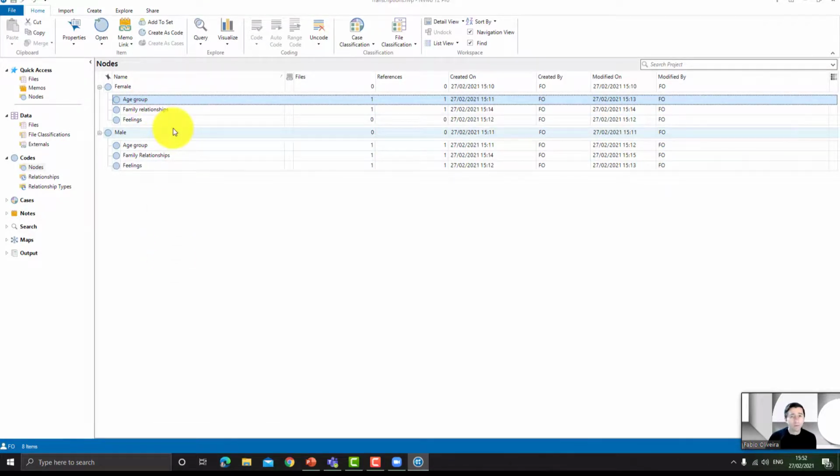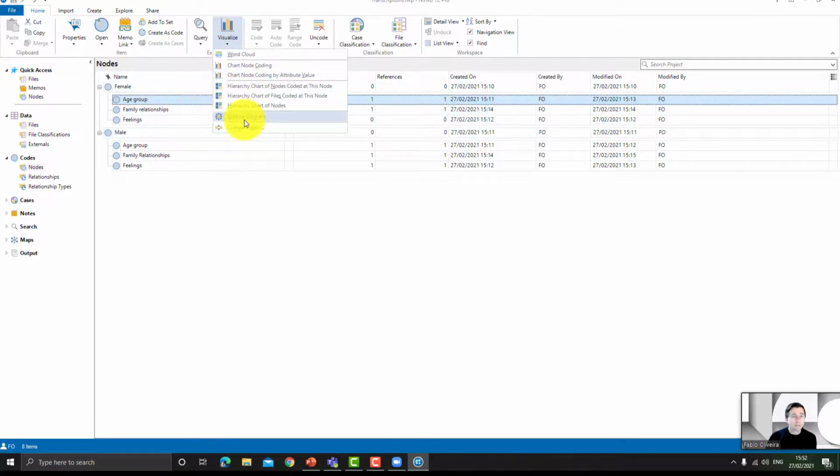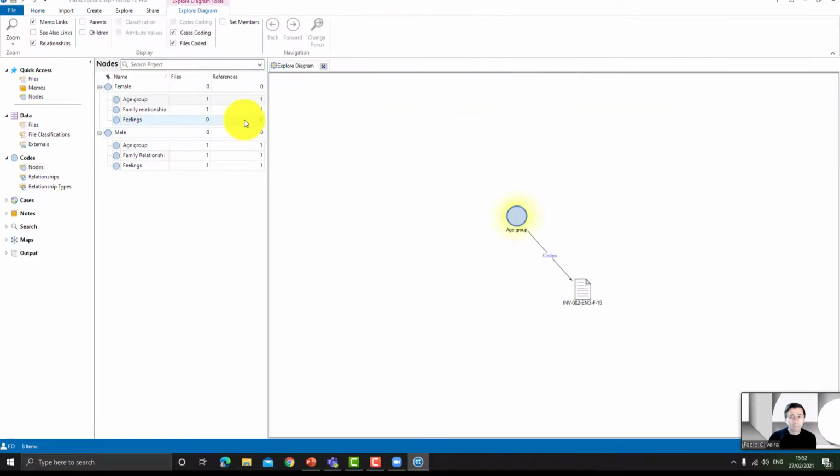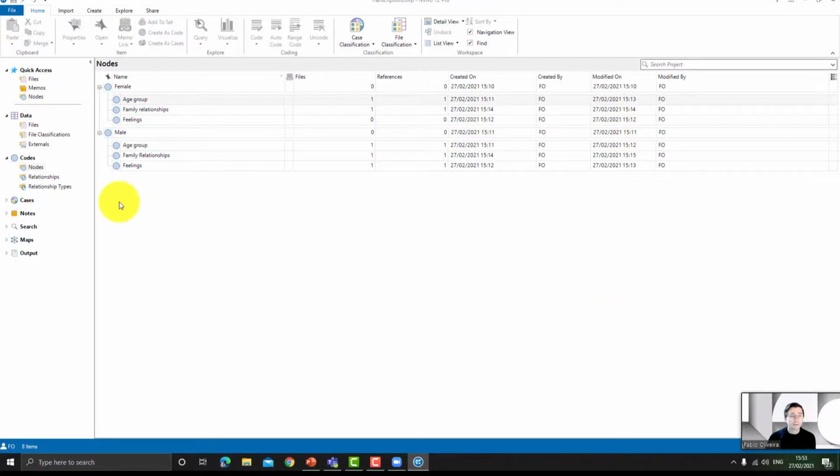For example, only in one group. You can explore diagrams, for example, that will show the relationship between the node and the file, which is the source of this code. Close again. That's all for this